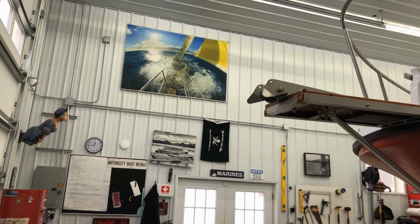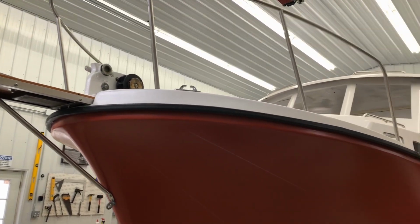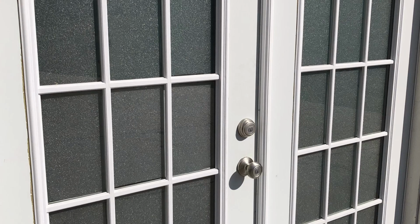A classic example is my shop. The walls are R19, the ceiling is R36, the garage door, it's R5, even though it's an insulated door. And for a couple $100 more, that number could have been bumped up significantly to make a more efficient workspace. I sourced the French doors to go inside my workshop. And if I had really thought about it, I probably would have added additional windows instead of just the 7